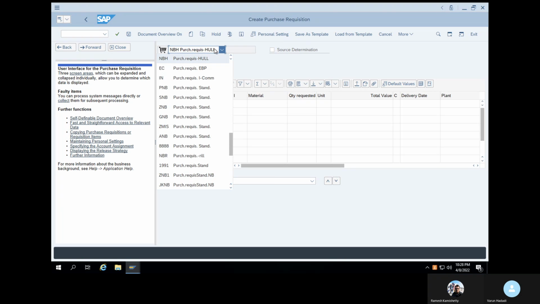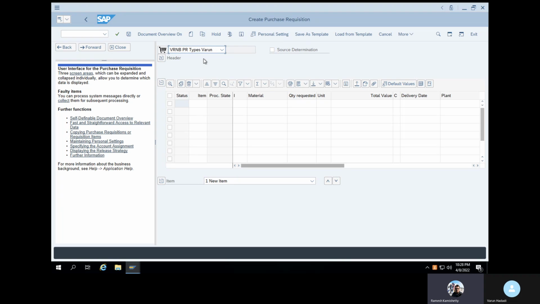Look for yours, VRNB, no? Scroll down. VRNB, yes. So this is created by you. Okay. VRNB. Now enter the material, material quantity, and plant.